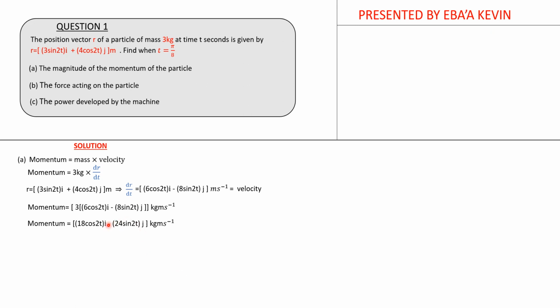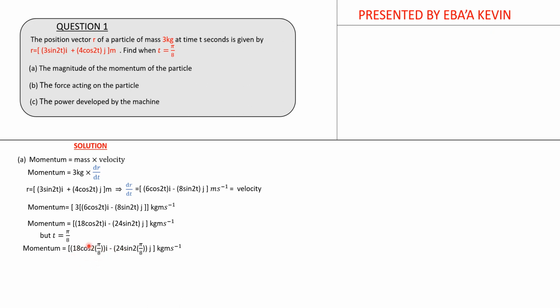Now replacing everywhere t, because we know that t is equal to pi divided by 8. So replacing everywhere t with pi divided by 8, we get the momentum to be equal to 18 cos 2 open bracket pi divided by 8 i minus 24 sine 2 open bracket pi divided by 8, j. So you can clearly see that